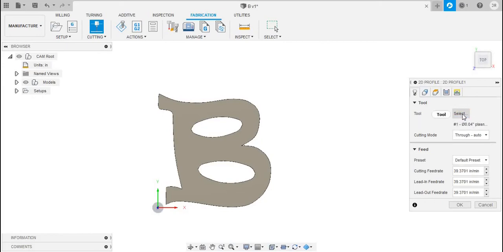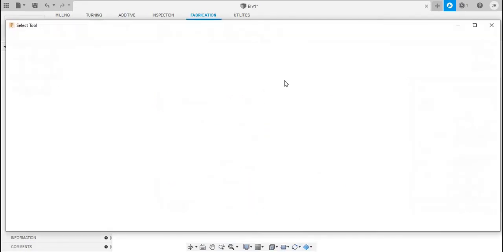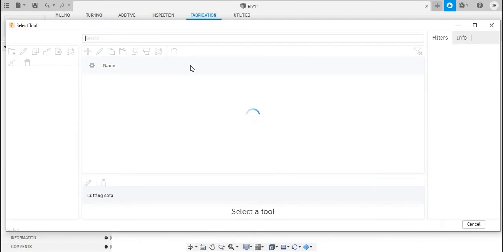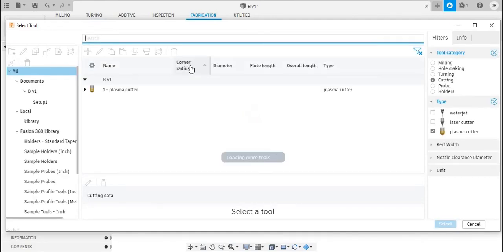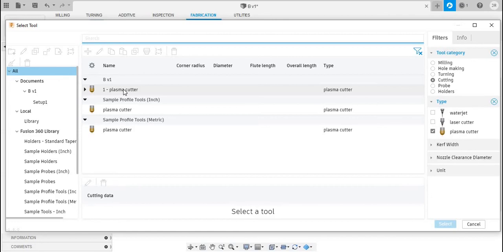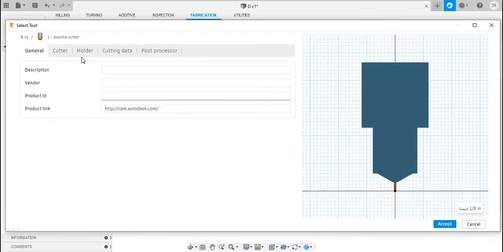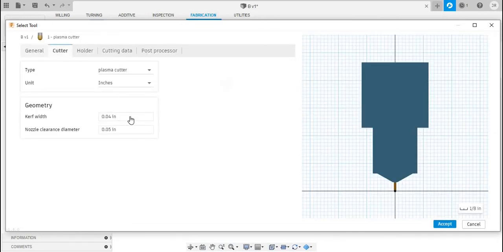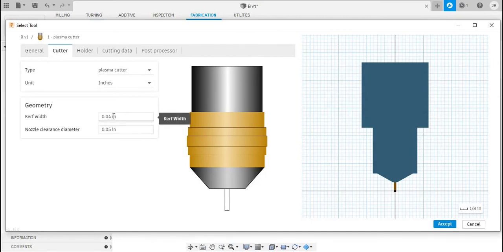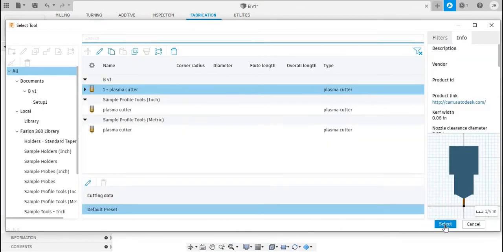It should turn up here real shortly. One thing I'm going to do now is go back into that library. I need to edit it for our machine. Our machine runs an 80 thousandths curve as opposed to the 40 thousandths that this tool has. So I'm going to edit the tool. Come up to the cutter, and where it says curve width, I'm going to adjust that to 0.08. Perfect. I'm going to accept that